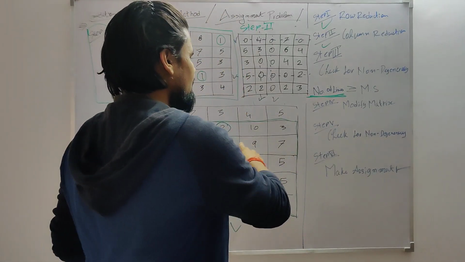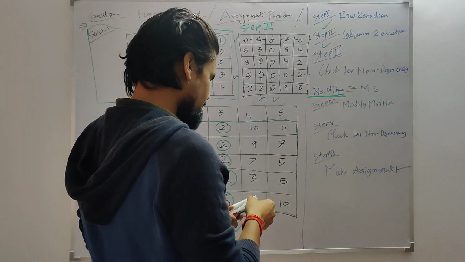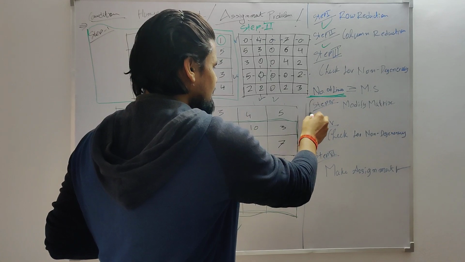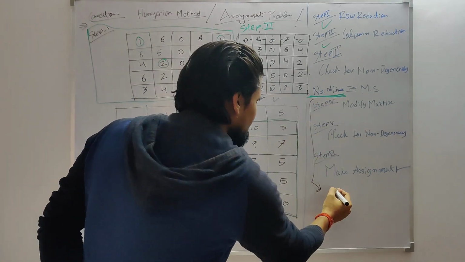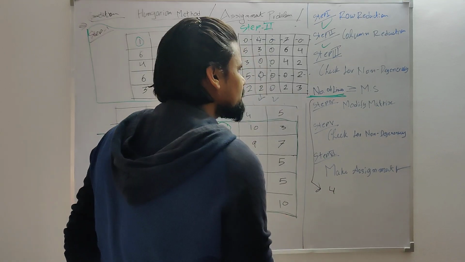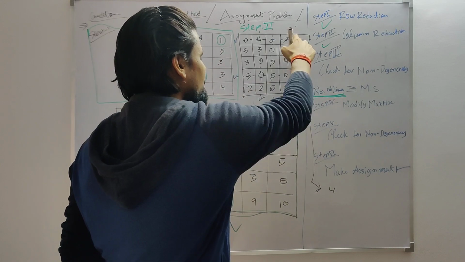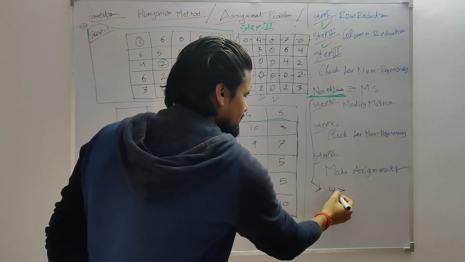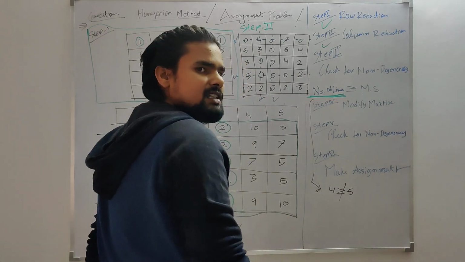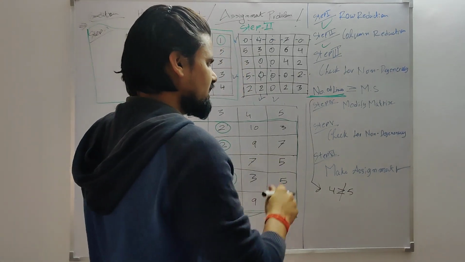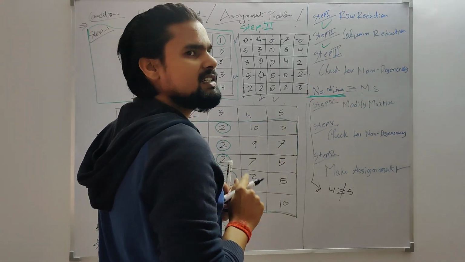So over here I have the 4 lines, and now it is time for me to show you step number 3. The number of lines over here is 4, and the matrix size is 5. So 4 is not greater than or equal to 5, so this condition is not satisfied. It means that this matrix is not following non-degeneration.